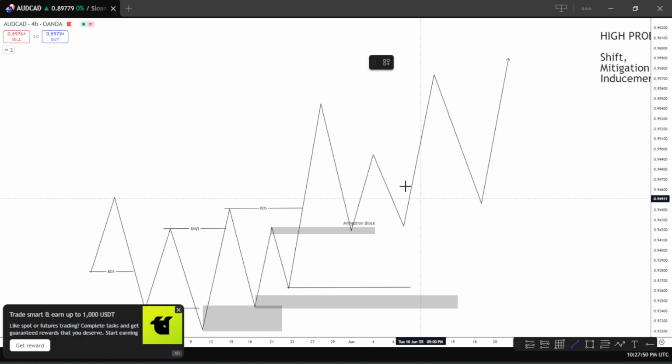So from this zone, we had our last break of structure here, and then the last sweep. This was the last sweep here before the move up. So from the last break of structure, there was our last high before the break of structure below, and that is probably an inducement or something, but market actually did